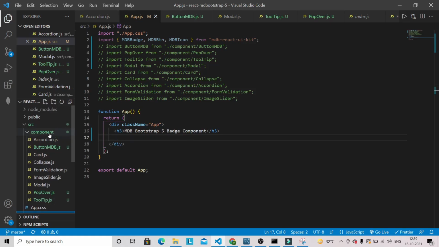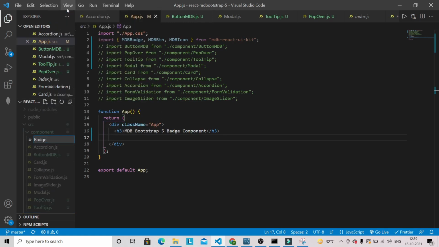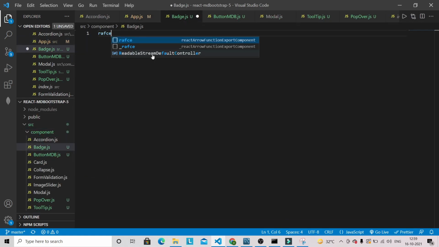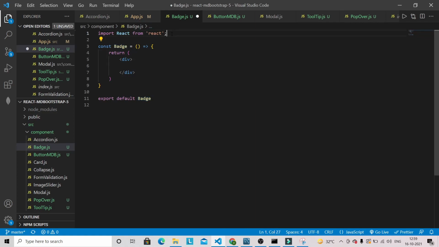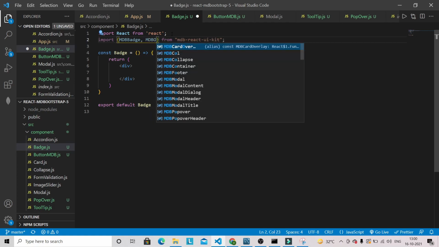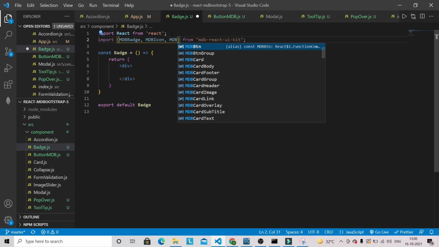So now I am going to create a file here that is called badge.js, and I'm going to generate a snippet here first, and then I need to import some component from MDB React UI Kit. So from MDB React UI Kit we need badge, and we are also gonna need MDB icon and button, okay, because we are going to use everything here.